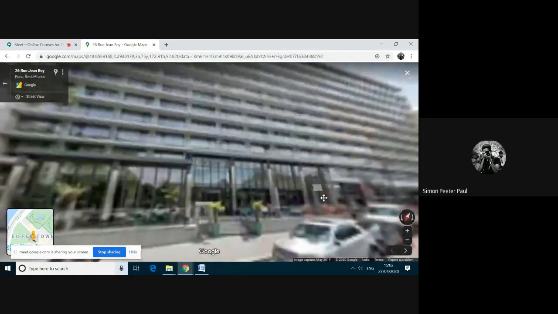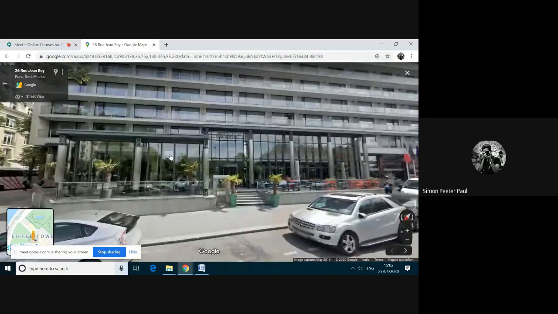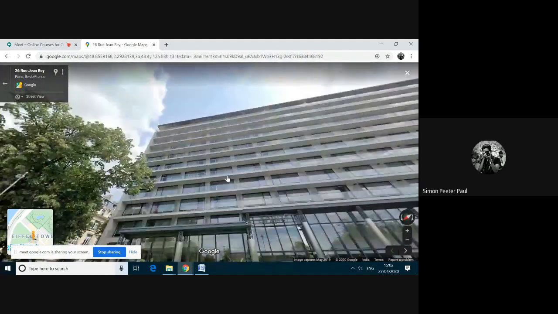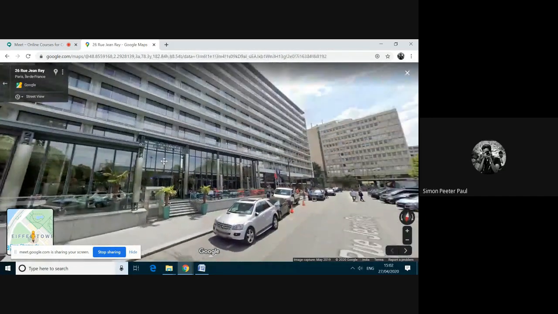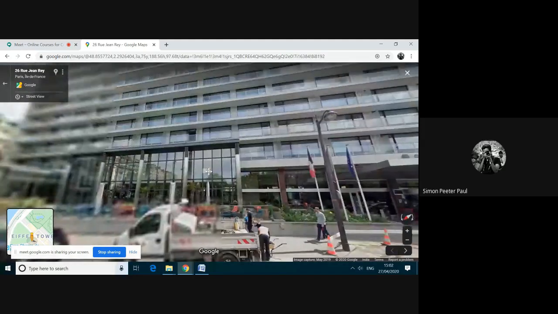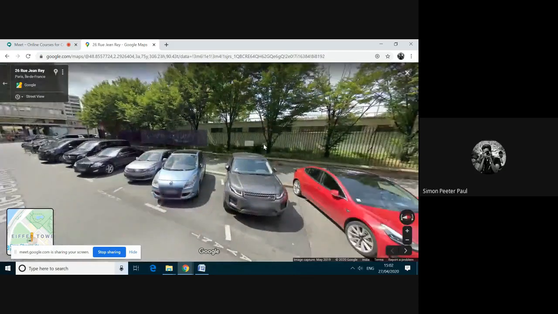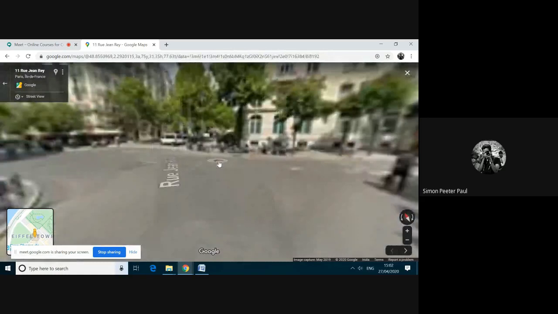See, I'm entering into this street. I'm visiting this. I think this one looks like some hotel. Oh, it's a very big hotel, I think so. No, maybe a complex. I can walk. Okay, now we have visited Paris. You can visit any place even throughout the world virtually, and you can roam around the streets. Is it interesting?